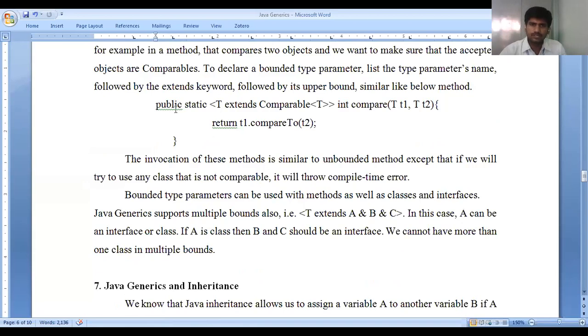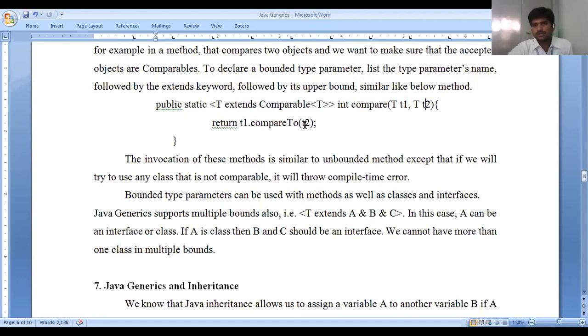So see that here, public static T extends Comparable, another thing. This is the generic inside another generic. int compare of T t1, T t2. So we have two objects, t1 and t2. Through these two, we can return t1 dot compareTo t2.